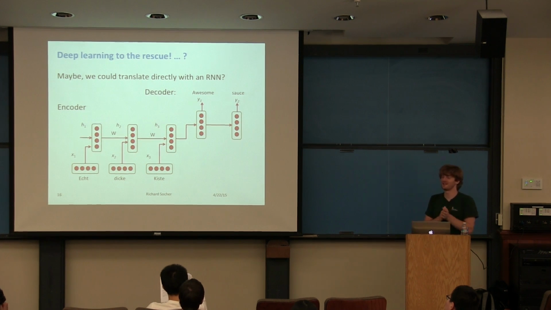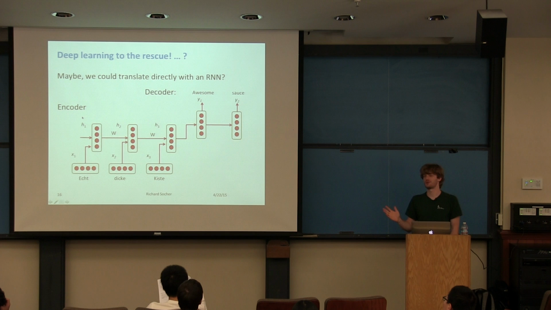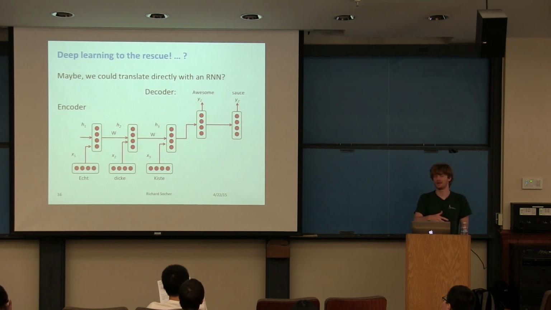The simplest and cleanest solution here could be if we again have an encoder and decoder, but both are just a single, simple recurrent neural network. So we have single word vectors here for each of the languages. We can train things like word2vec on different languages, right? We've so far only trained it on English, but we could train it on French or German or whatnot. And so here we have, Ich dicke Kiste, German, and maybe we just translate it to awesome sauce in English